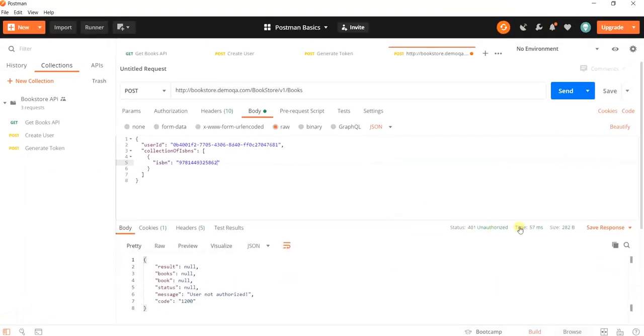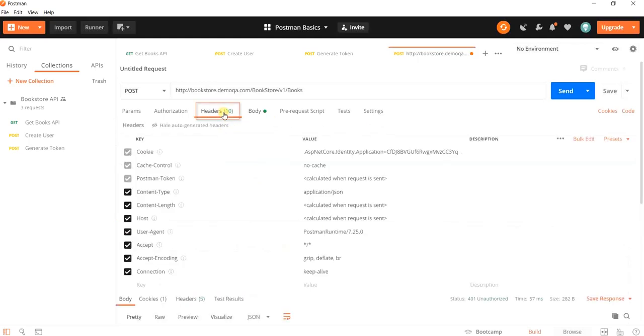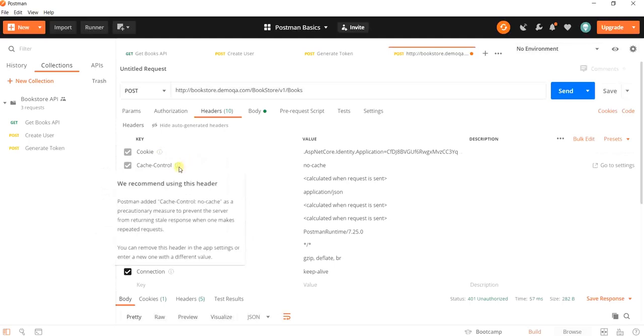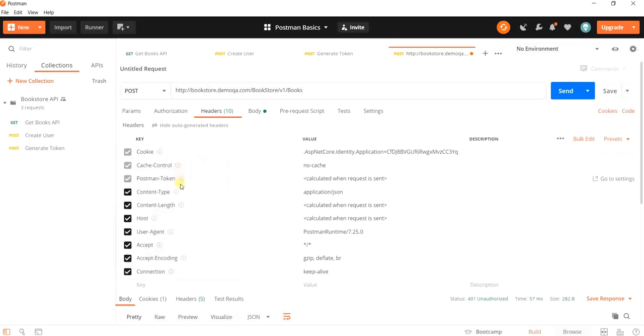And yeah, we received 401, which is quite expected because we did not put any token. So to do that, I'll move to the headers section. And over here you see that a lot of headers are pre-populated by Postman. We do not need to go into these details, but these can be enabled or disabled according to your need. But Postman automatically adds them, and you can see the reason why each of them is automatically added by Postman. Since these won't be anyways interpreted by our server, I'll just leave them as it is for now.